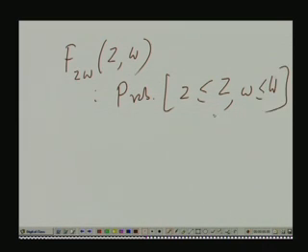This is a joint probability distribution. We have to evaluate this in terms of the given joint density of x and y, or given joint probability distribution of x and y. So this set we consider